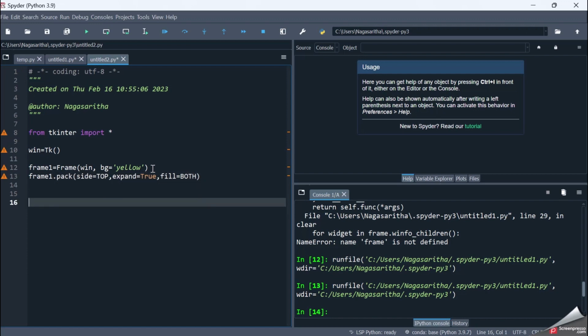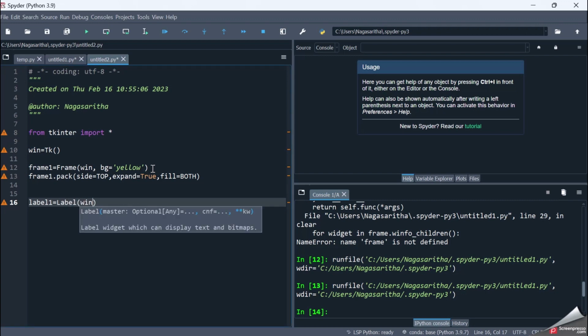And within the frame widget, I want two label widgets and two entry widgets. So how do we go about it? So let me take a label widget called label1, which is a Label widget, place it in the main window and text on it is equal to First Name